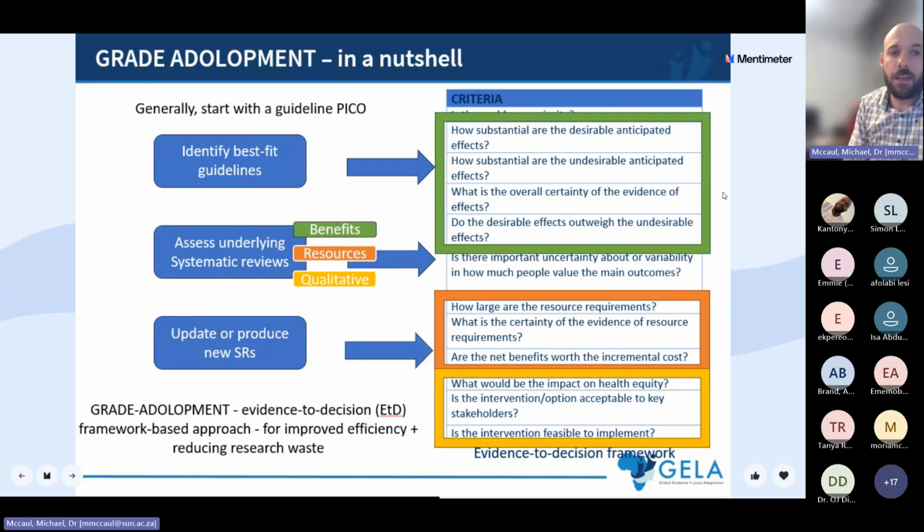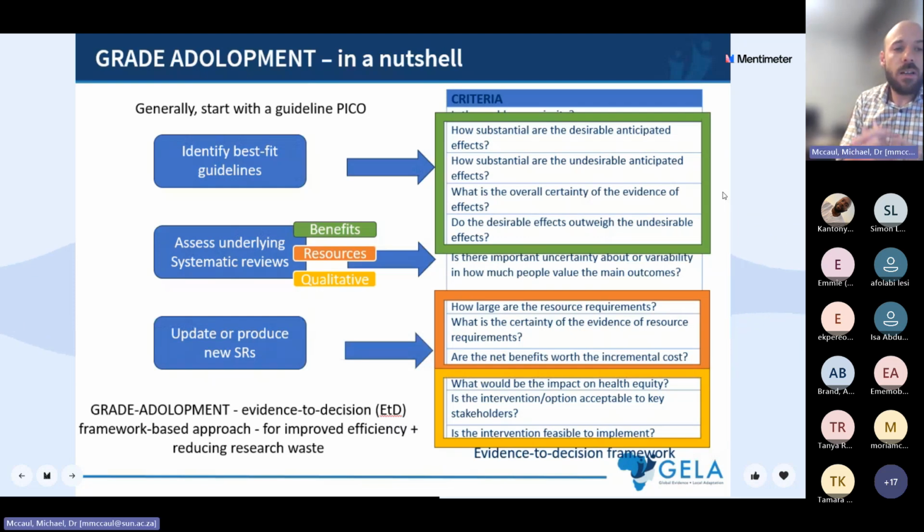an assessment of the underlying evidence within a particular matching recommendation within that guideline that you found. And this assessment is really to look at whether that underlying evidence, and hopefully it's from a systematic review that underpins that recommendation, gives you the necessary and appropriate information to populate the GRADE evidence to decision framework, which is really just a set of criteria and considerations that guideline panels look at to make a judgment around the evidence for a recommendation. And you'd want to assess the underlying systematic reviews from the guideline, hopefully if there's a good link, regarding benefits, regarding resources, and regarding qualitative